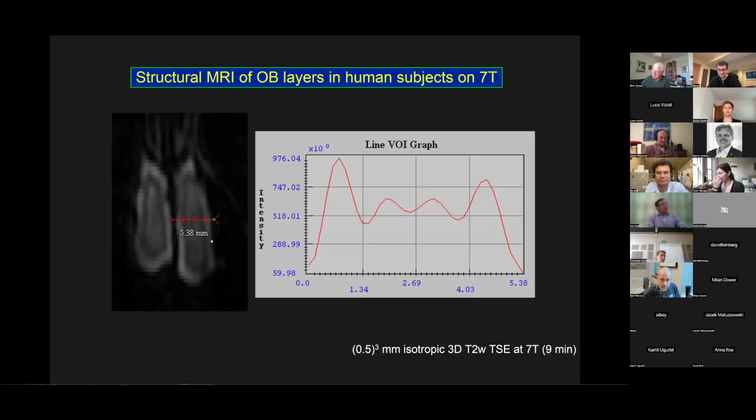If you look at the cross section, we can see some signal peaks. So, of course, we're very excited, but on the other hand, we should be very cautious, to make sure this is not some artifacts or some other structures. Are they actually layers? I don't know yet, but I think in the spirit of layer fMRI, layer MRI, I'd like to show these results and